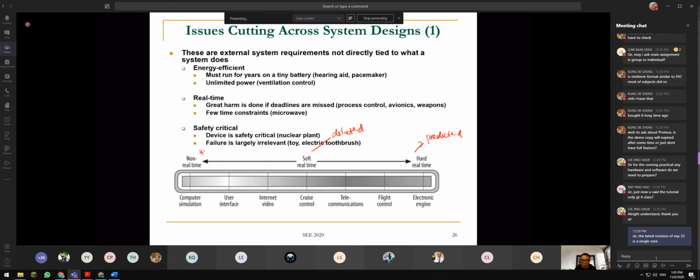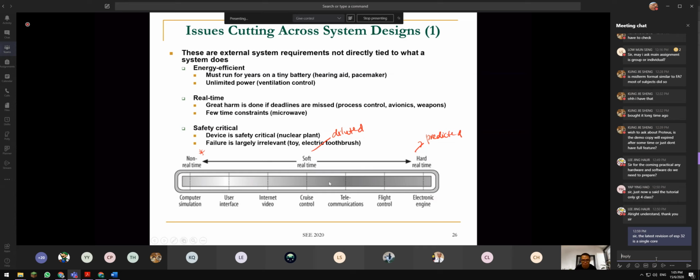an airbag. When a car hits the wall, the airbag will be released. Remember, the airbag is not released immediately. There's no such thing called immediately. Predicted means that the airbag has to be released in 10 milliseconds, for example. This 10 milliseconds is already tested in the lab with a mannequin. If it takes more than 10 milliseconds, the passenger will definitely be in big trouble. So this is called hard real time. When you have hard real time, you need a real time operating system to carry out these services.